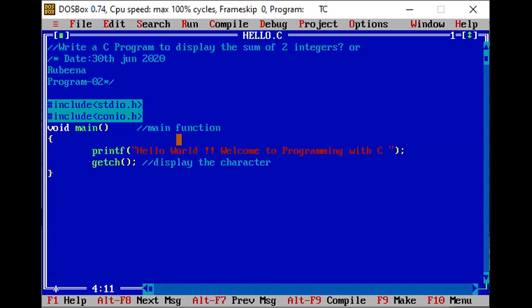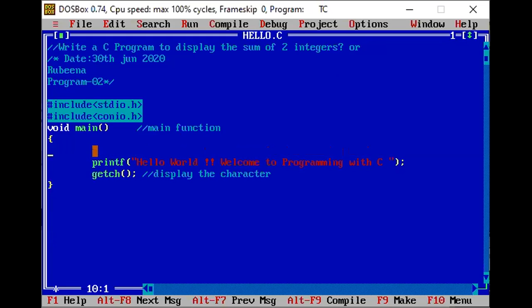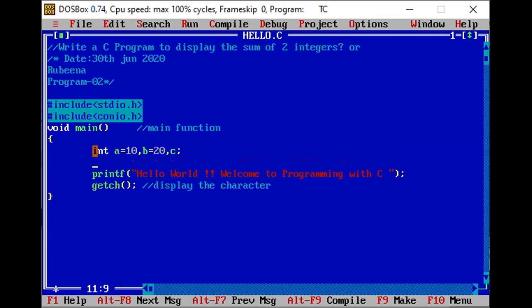Same program, I can just make the modifications I need by adding other sections to the program, like int a comma b comma c. These are my 3 variables, where I'm initializing the values of a and b and storing the result in c. a is equal to 10 and b is equal to 20, and I want to store in c the value a plus b, performing the sum. So our 3 variables or identifiers are a, b and c. I'm performing the sum over there.